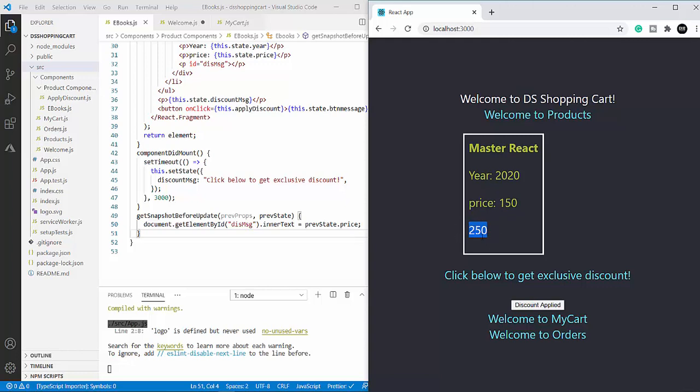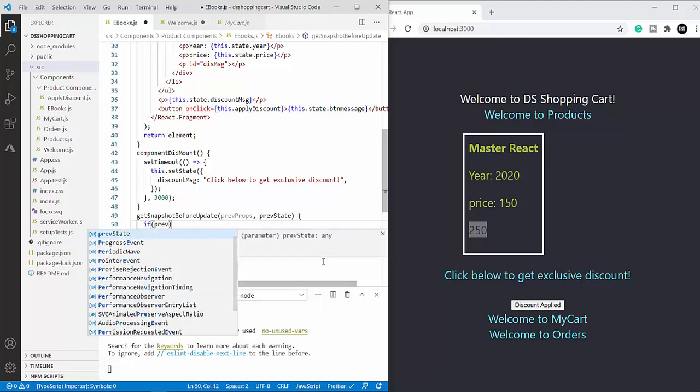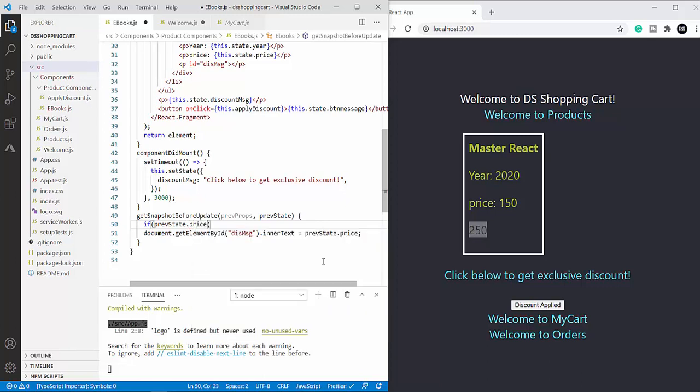So what I'm gonna do is add some logic over here. If my previous state dot price is equal to the current state, this.state.price, then I'm not going to do anything. So when it is not, I'm going to add this one, and here I'm going to add the message also.